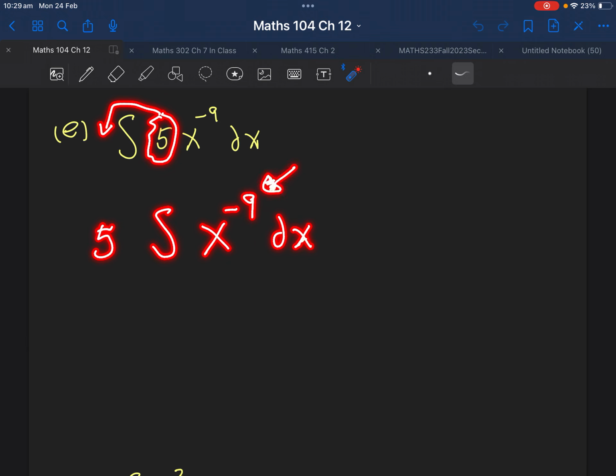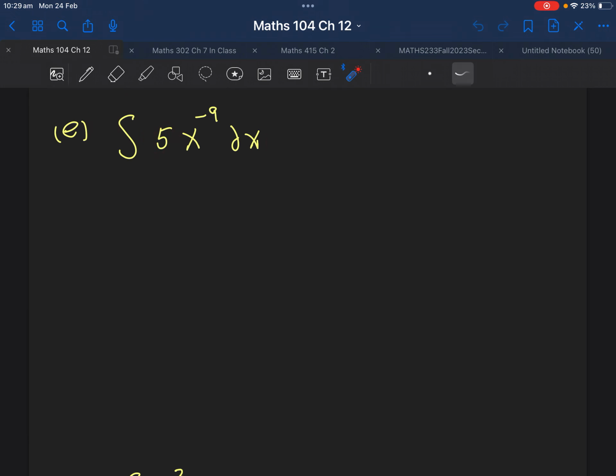Remember in the integration what we need to do, we need to add 1 to the negative 9, so it will become negative 8. And then you need to divide everything by negative 8. So the answer will be 5 times x, if we add 1, it will be negative 8, and then we divide by negative 8. So you add 1 and you divide by the power. And that's what we will get